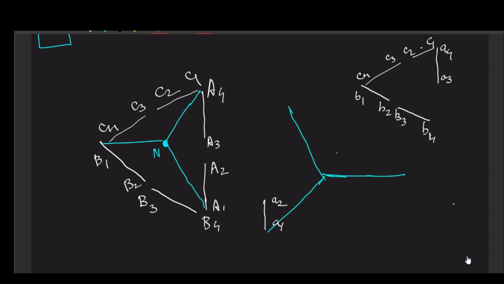We can only shift them here and there, connect one terminal with another, but that doesn't make any change in their relative orientation, means their orientation remains the same. So if you just draw them in line, then you will find that